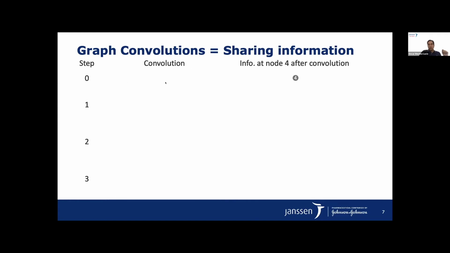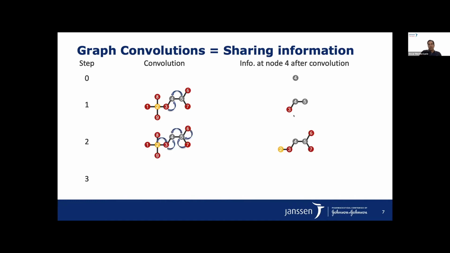At the first convolution, we take the molecule and share information about the neighboring nodes and the connecting edges. After this step, the vector describing atom number 4 will not be only a binary vector, but a continuous vector, which has information of these 3 neighboring atoms. If we do this again, we share information about other neighbors, the neighbors of the neighbors,